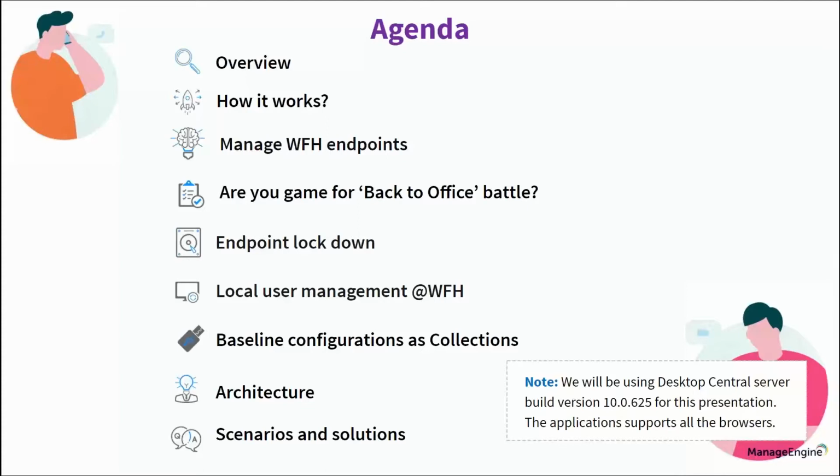Also, since we are adapting to the new normal, most of your employees might be returning to office again, maybe once a week. In this case, we can see what configurations are used to arrest security threats from the edge itself. With regard to configuration and hidden tricks, which is what today's training session is about, we will look at some scenarios, including how we can configure a baseline configuration and roll out USB configuration to all the machines in your infrastructure. We will also discuss some frequently asked questions with respect to configuration and this particular module.